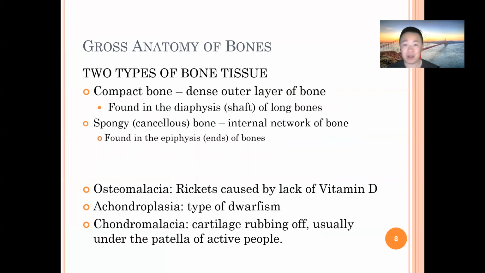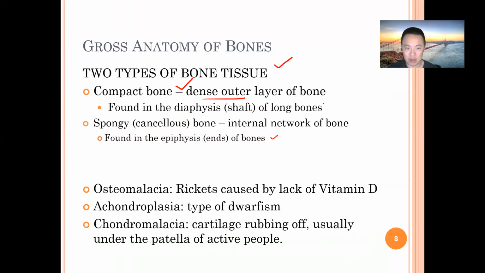Okay, next up, let's talk about the bones. There are two types of bone tissue here. We've got compact bone, which is the dense outer layer of bone, and these are found typically in the diaphysis of long bones. And then we have spongy cancellous bone, which is an internal network of bone found in the epiphyses